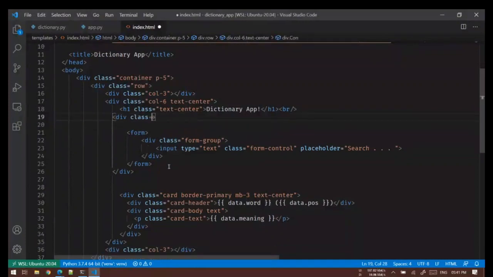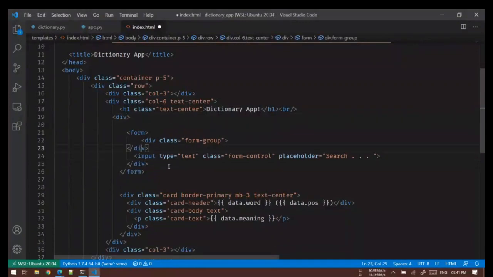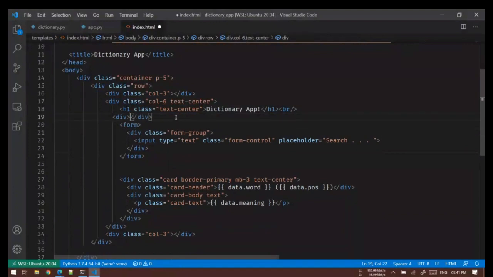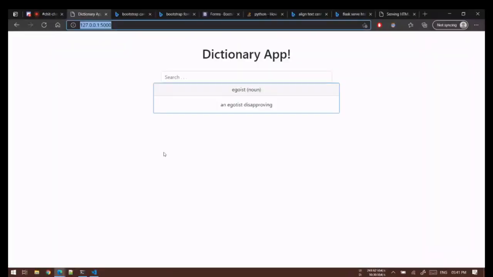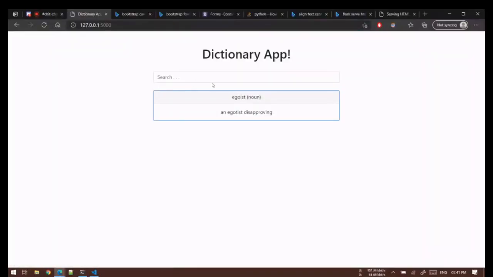Oh, it's not working, so I'll simply add a break. So I'm not a CSS ninja, so this is the reason why it's taking so much time.